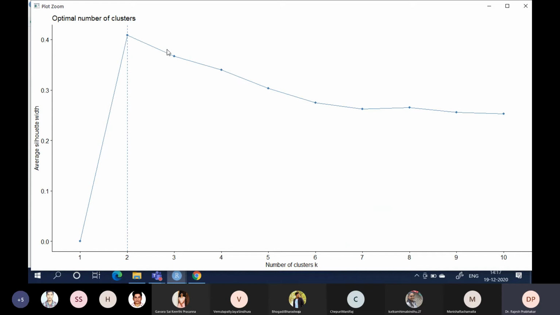This is suggesting 2 clusters. See, after 2 it is stagnating. So the maximum width is happening at around the second cluster. 3, less 4, okay, 5.